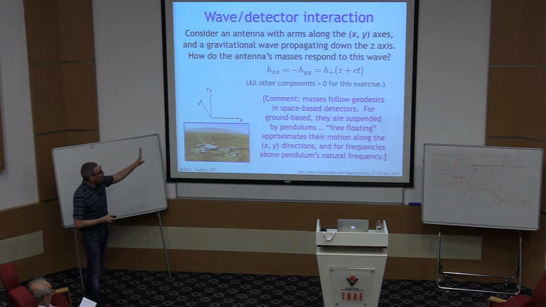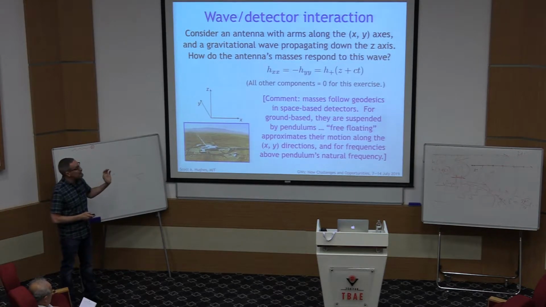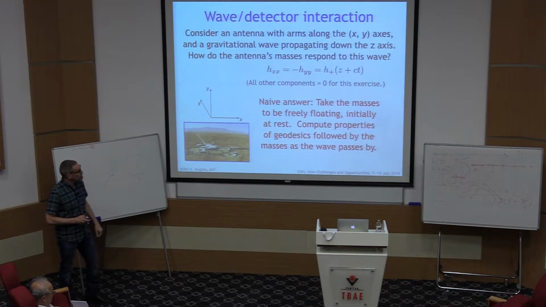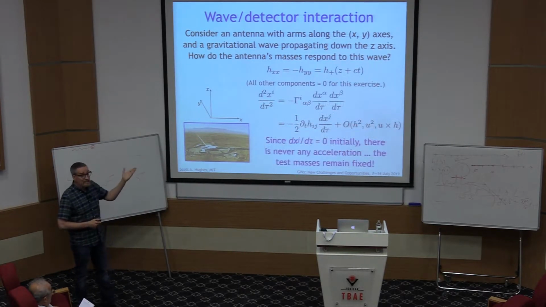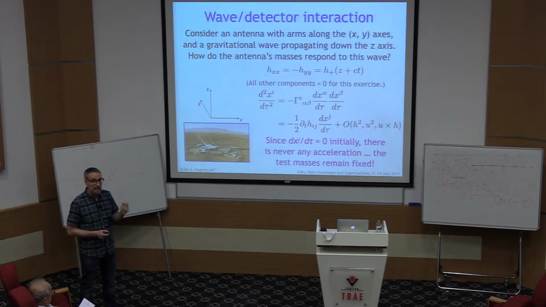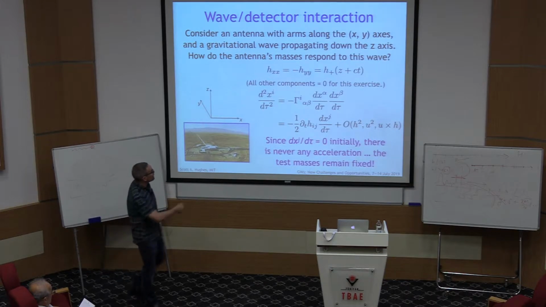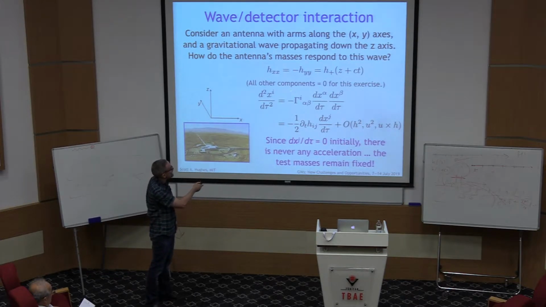All right, so with that aside, we're now going to calculate the geodesic that these guys would follow. As I said, we're going to imagine they're freely floating and compute the properties of these geodesics. This is a standard exercise that is learned essentially in the first couple weeks of studying a general relativity class. You work through the connection coefficients for your space-time, which I'm going to treat as just flat space-time